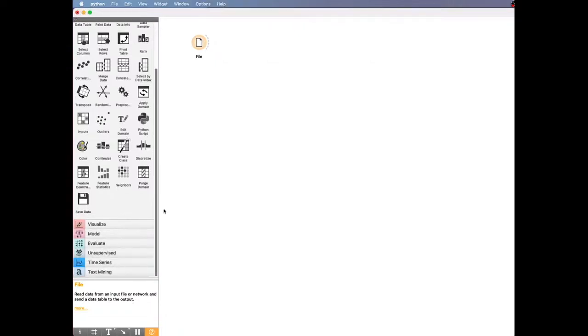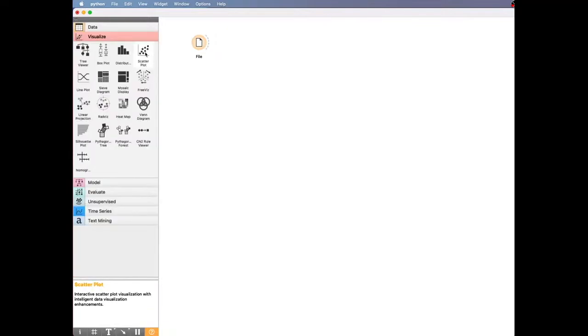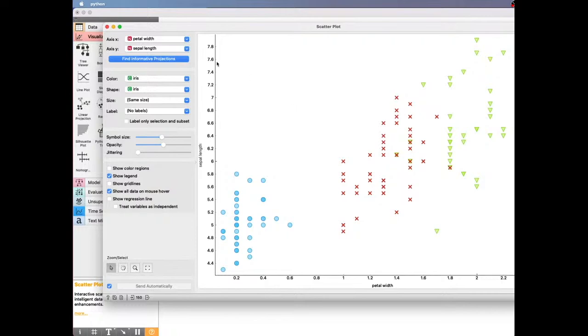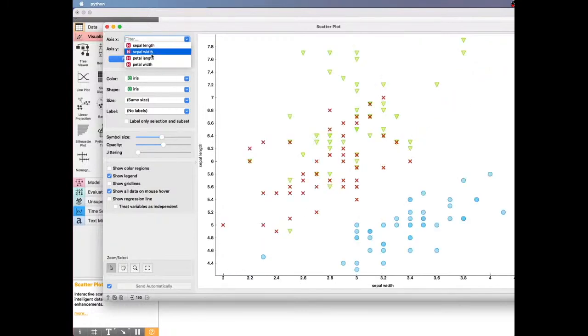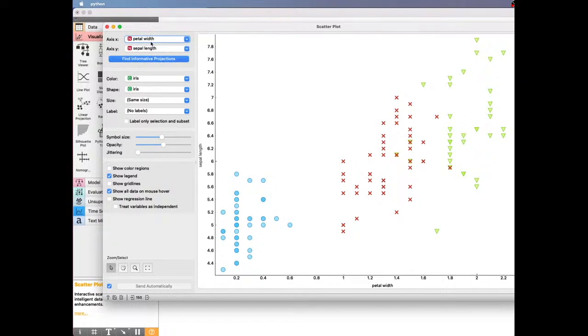3 different classes. So if we plot this data by using scatter, we can connect the data to the scatter plot, and then we can see that the x-axis is right here, and you can change it to any one of the 4 features right here. So you can observe this data, right? However, it is a data set with 4 dimensions, and human beings can barely comprehend how data are plotted in 4 dimensions.